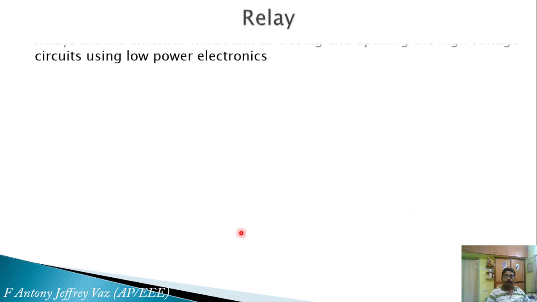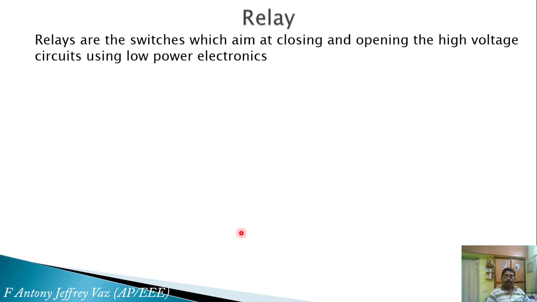Relay. Relays are used as switches. This aims at opening and closing of AC circuits. If you want to control a fan or a light, you can use a relay. The main important feature of a relay is that you can control a high voltage application like AC, fan, light, grinder, mixie or any other motors through low power electronic devices. This is the main advantage of relays.